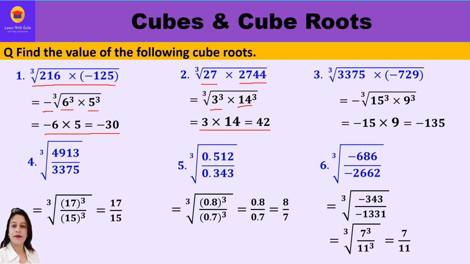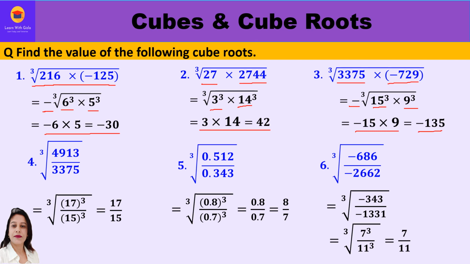Now third question, cube root of 3375 into minus 729. The cube root of a negative number is always negative, so let us keep minus outside. 3375 is 15 cube, 729 is 9 cube. Further, take out one of the factors, so we shall get minus 15 into 9, which is equal to minus